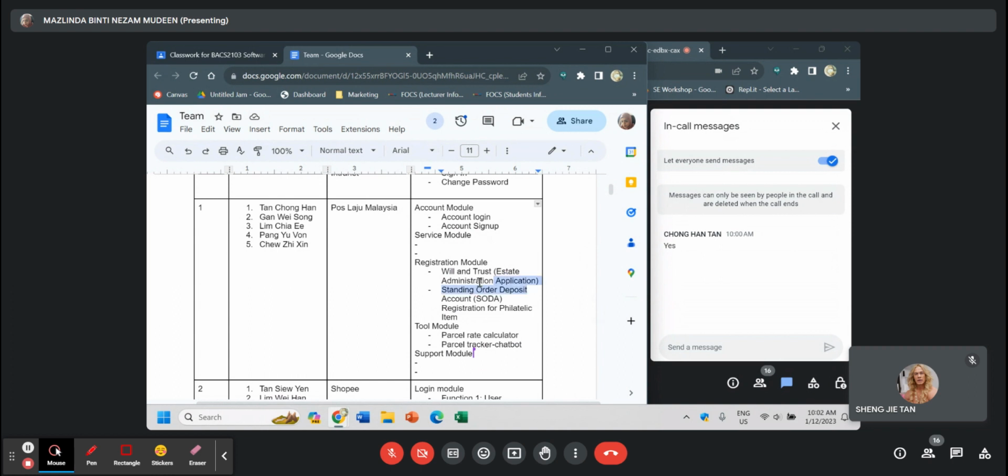Can I know more about this? What are these two functionalities about? Who is handling this? Are all the team members here? Parcel rate calculator, parcel tracker, chatbot.